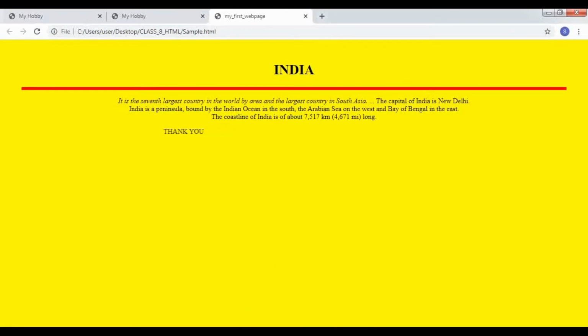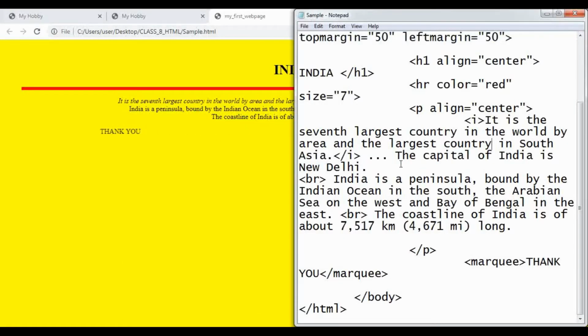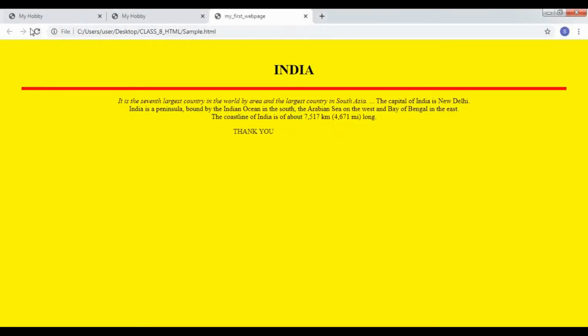Now in the next one, I'll apply the bold tag. So the capital of India is New Delhi. So that should come in bold. So I'll write the bold tag in the starting of the line and I'll close the tag at the end of the line. Control S. And now just refresh. So here the capital of India is New Delhi. It is highlighted. Then India is a peninsula.